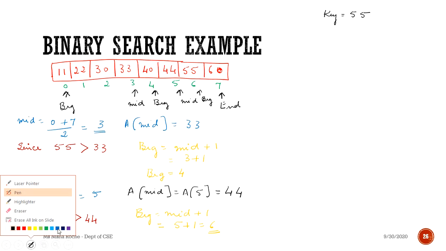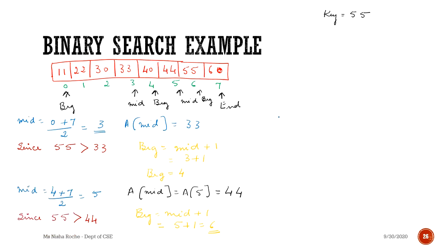We can easily find the middle value. So mid will be 6 plus 7 divided by 2. 13 divided by 2 is 6.5, which is nothing but 6. A of mid, which is nothing but A of 6. A of 6 is 55, which is nothing but the search element. So we can say that we have found the search element.